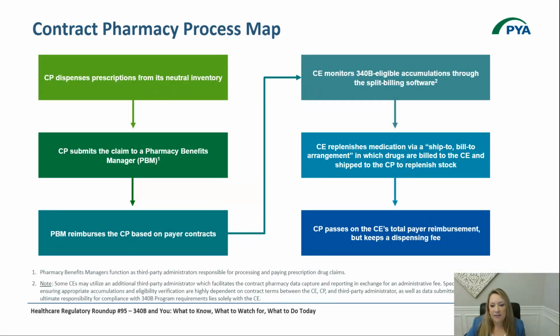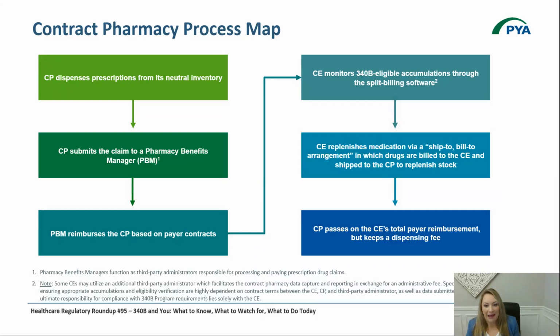This is a contract pharmacy process map. I'm not going to go through this in great detail, but this really outlines the flow of both information and the drugs themselves. If you are a covered entity and you have a contract pharmacy relationship, it is a bill to ship to arrangement. That means the drugs are billed to the covered entity for replenishment and shipped physically to the Rite Aids, the Walgreens, whomever you've got those contract pharmacy relationships with, for them to continue to fill